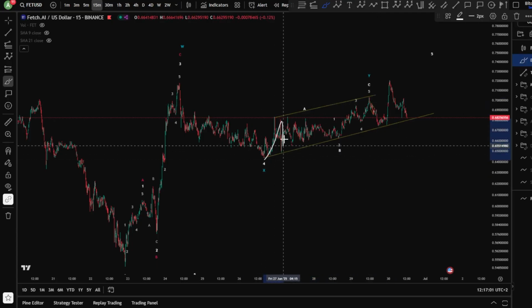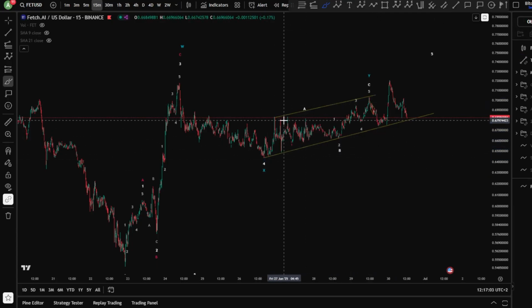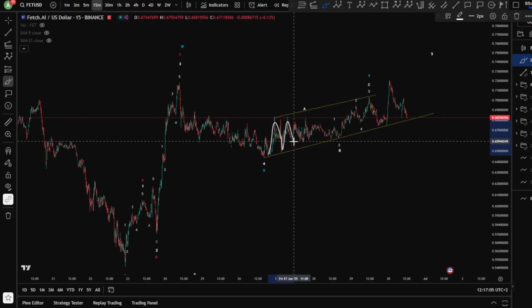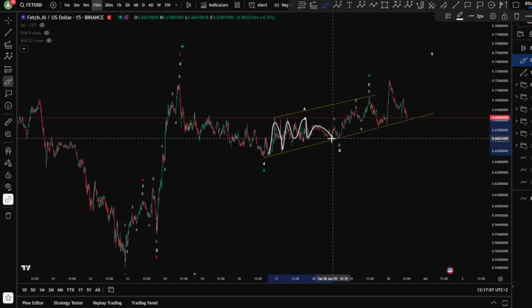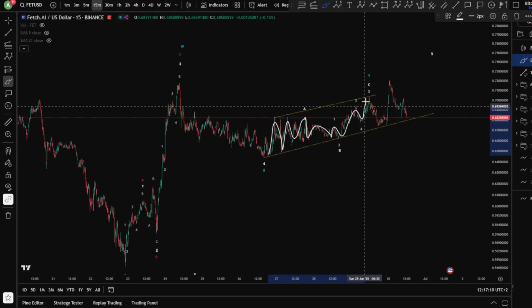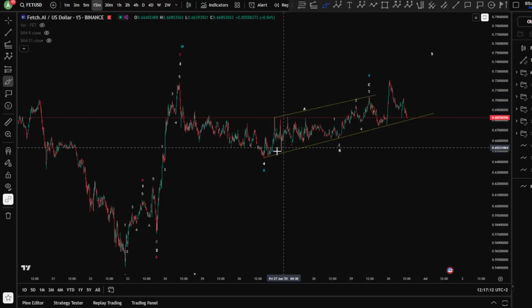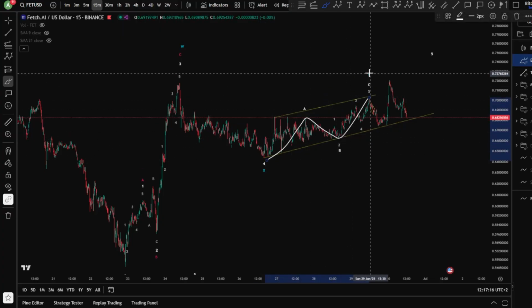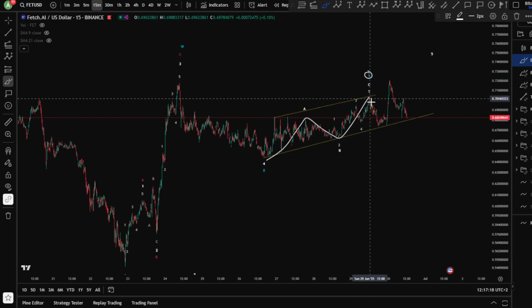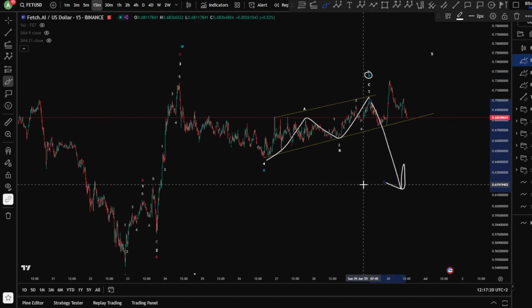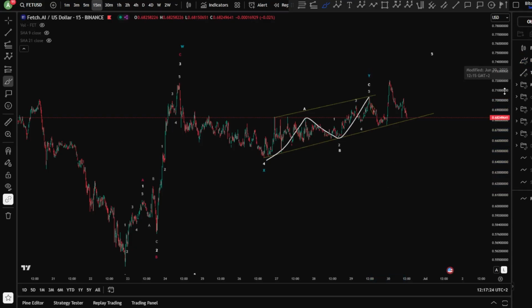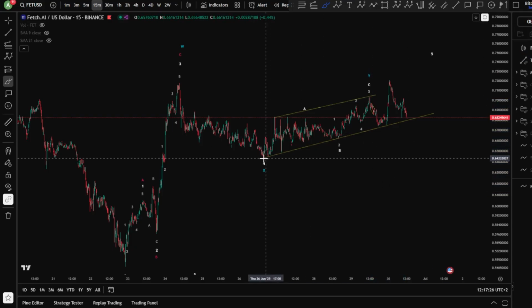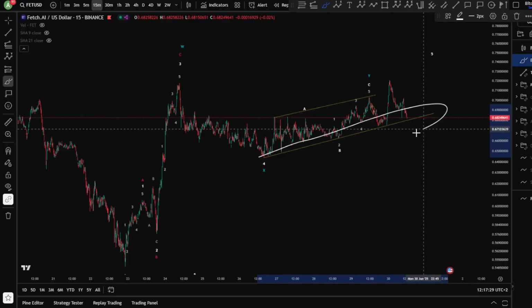Now, this could be a kind of diagonal where we are looking at 1, 2, 3, 4, and a 5, wave 1, wave 2 given, and then you see another impulse 1, 2, 3, 4, 5. Well, we counted this before as a potential A, B, and a C, and then finishing with a wave Y, and then moving toward the downside in case we are in a W, X, and a Y bearish scenario. But this did not happen actually, and we mentioned also, if you remember in the latest video for FET,